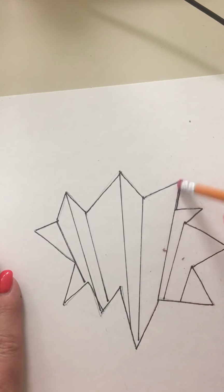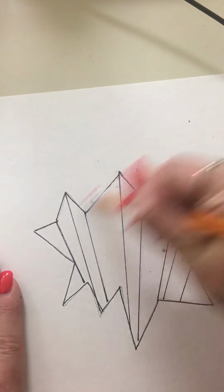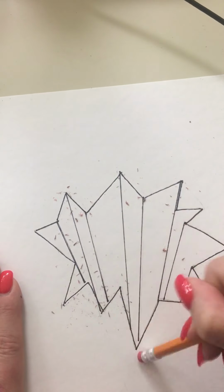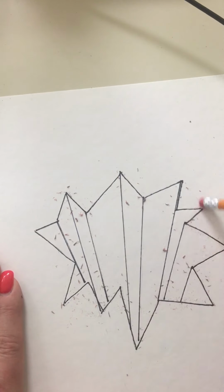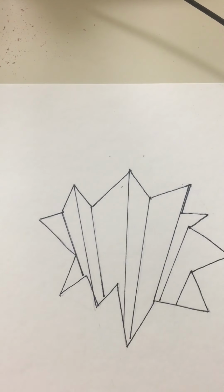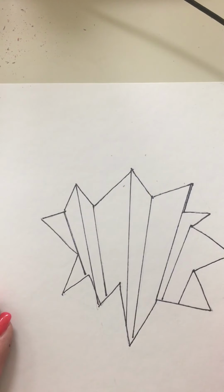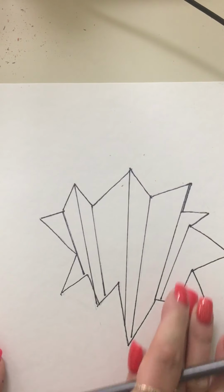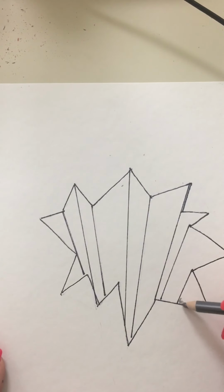So now I'm going to go by and erase all of my pencil first, just to clean anything up. Okay, so now it's nice and clean. And I'm going to get an ebony pencil, which is a thicker pencil. It's darker. It's easier to shade. So this corner down here, this is down into the hole and it's going to get lighter as I go up. So I'm going to use my circular strokes